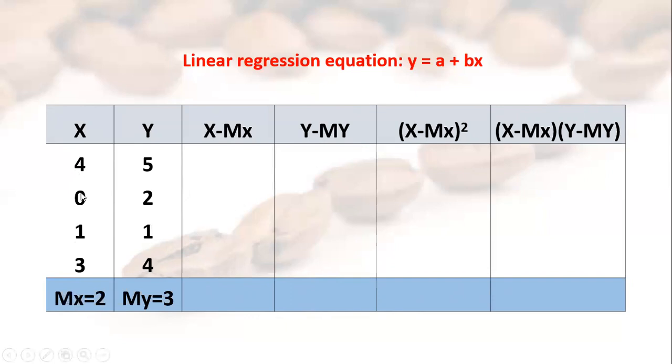So you add 4 plus 0 plus 1 plus 3. That's 8 divided by 4. That's 2. And then you do the same here. You add, and then you divide by the number of scores. That's the mean. That's why we did central tendency, so that you understand that. And then